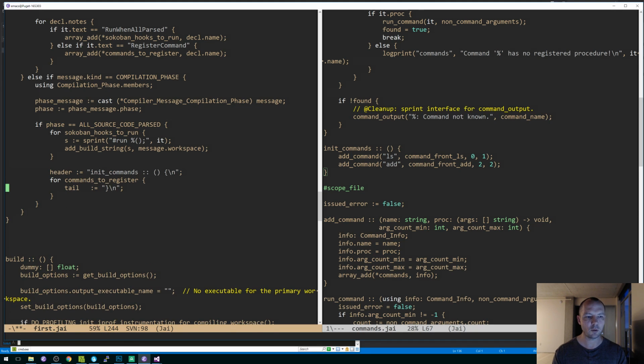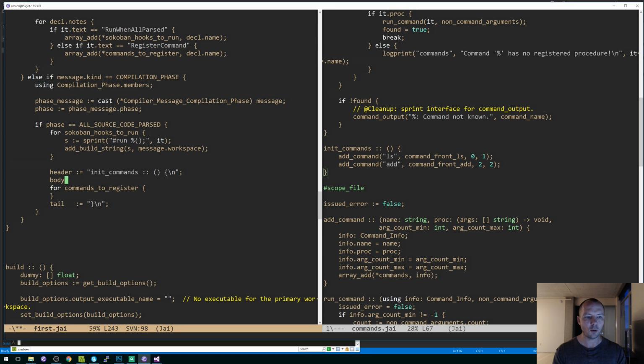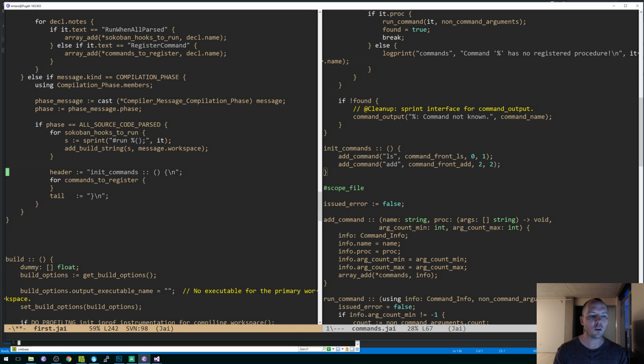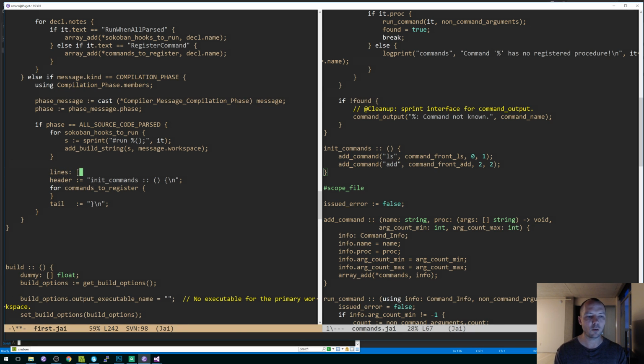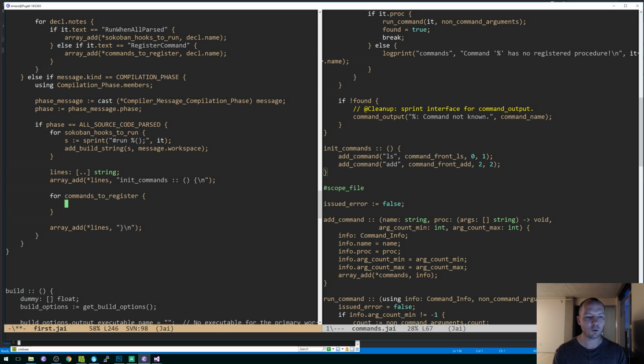for commands to register, we're going to say lines is an array of string, and we're going to add to lines. The first line is going to be the top of the function procedure. The last line is going to be the bottom. Right? And then for commands to register, we're going to say,